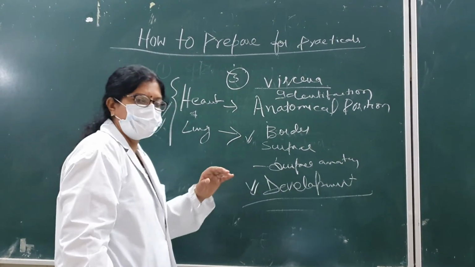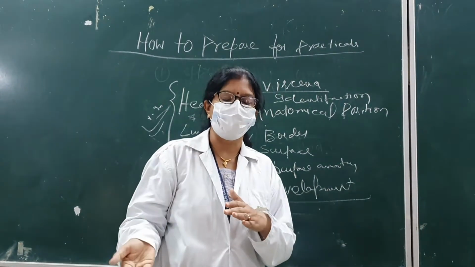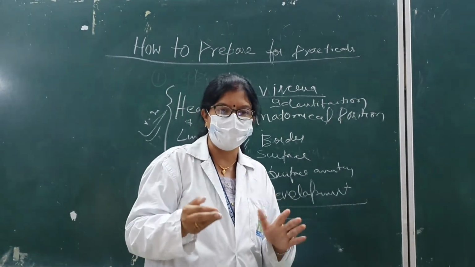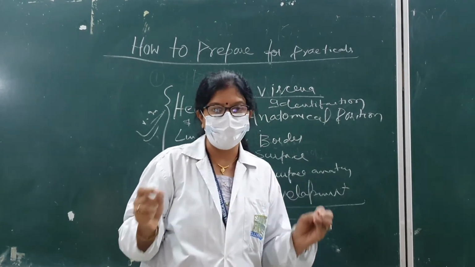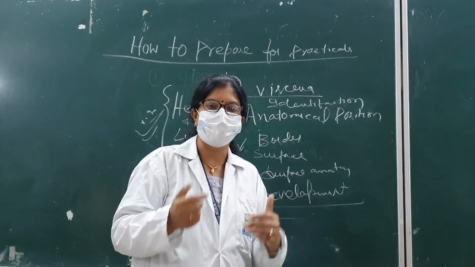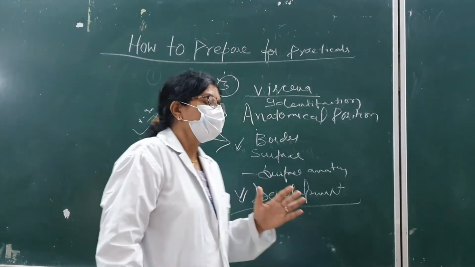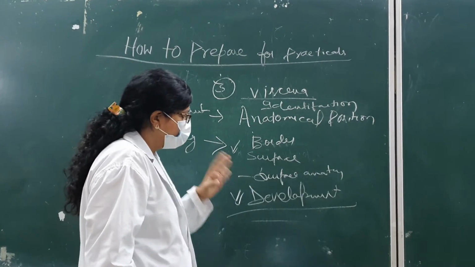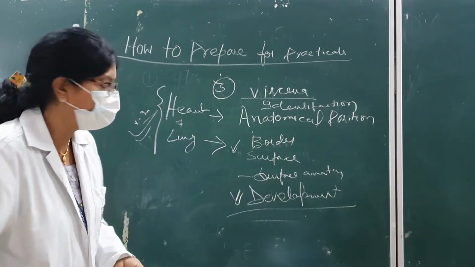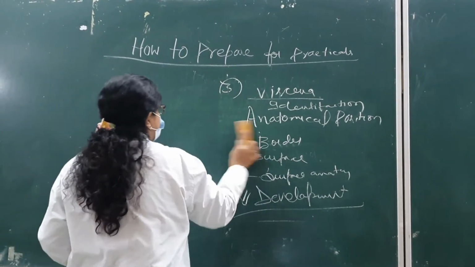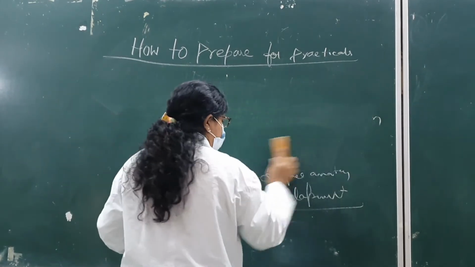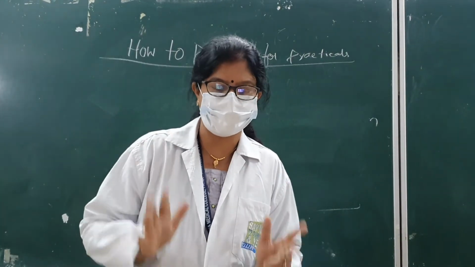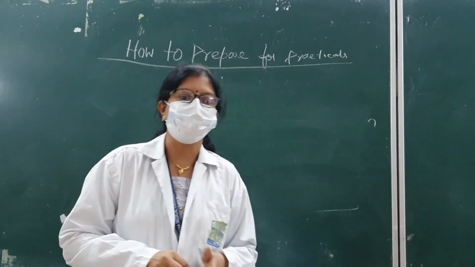OK, so this will be one. Apart from that, we will also take normal abdominal viscera, your stomach, bladder, uterus and others. So at least you should hold it, you should know which side it is on, where the kidney is. So that is about the viscera. Now coming to the next one after this viscera table, what is there? And believe me, if you don't read these viscera, you will not be able to answer any of the questions. OK, so this is about the viscera.